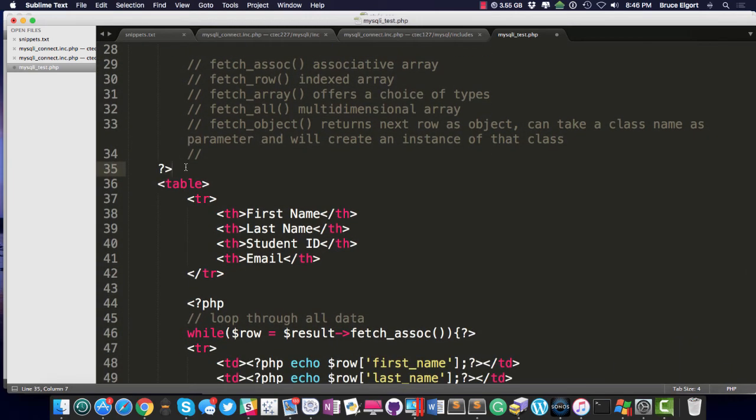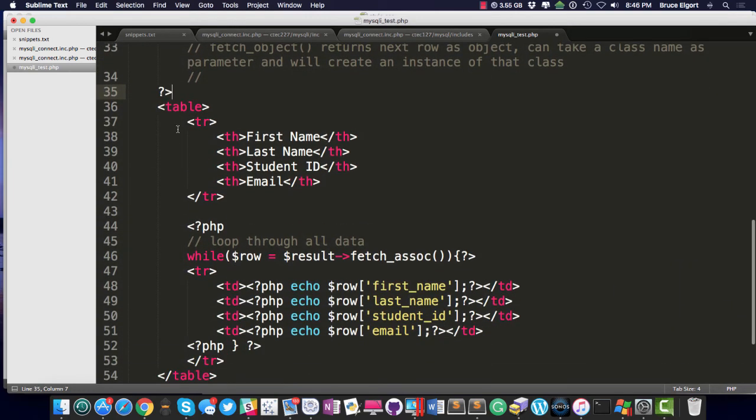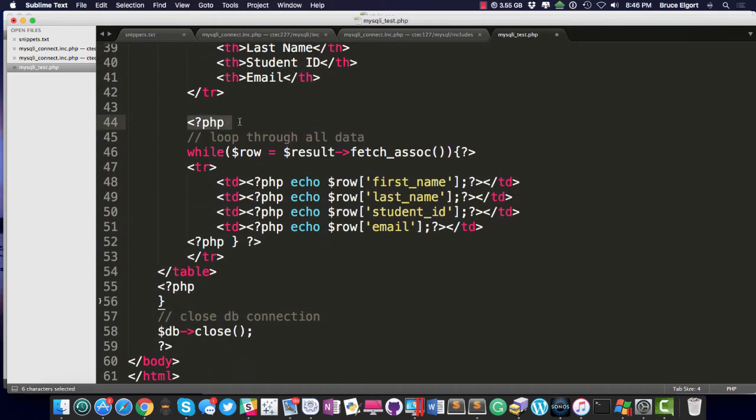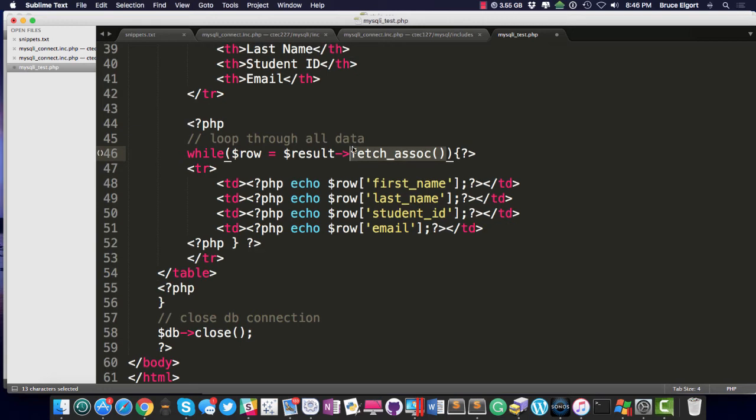I end the PHP block on line 35, and then I create an HTML table in HTML. I reopen my PHP block here, and then here's something that's just a little bit different. I have a while loop, kind of like we did in CTEC 127. And again, I grab a row, but this time by calling $result and the fetch assoc method. Now, what fetch assoc does is return to me an associative